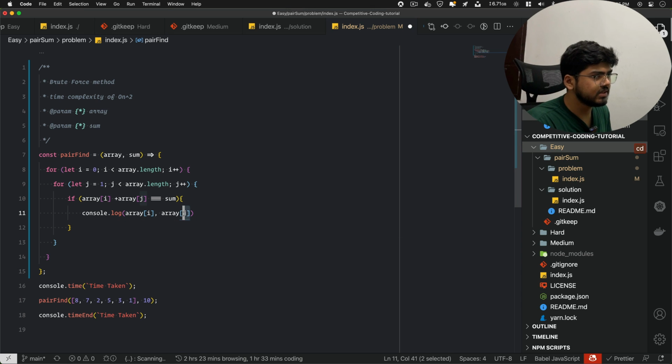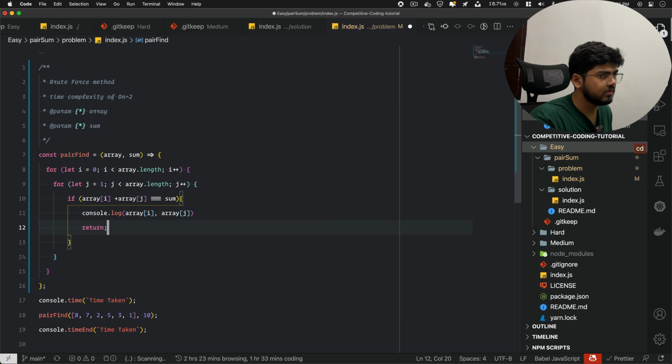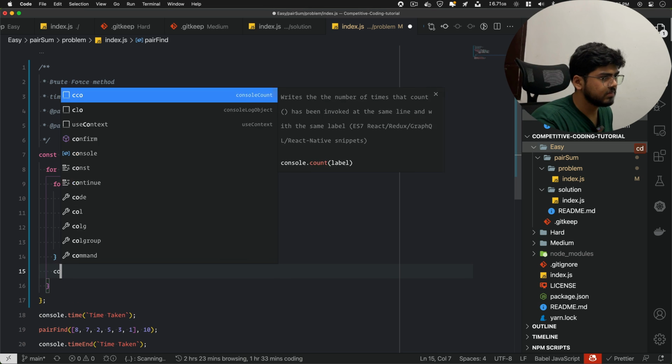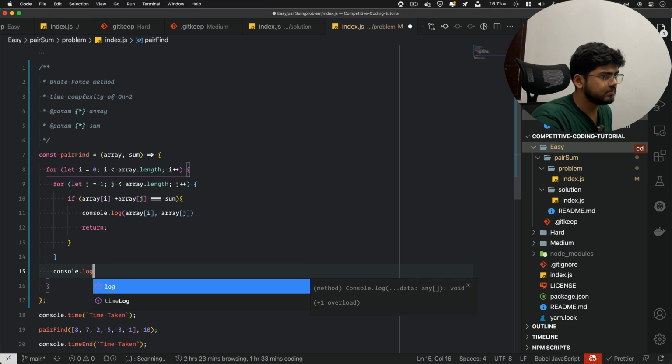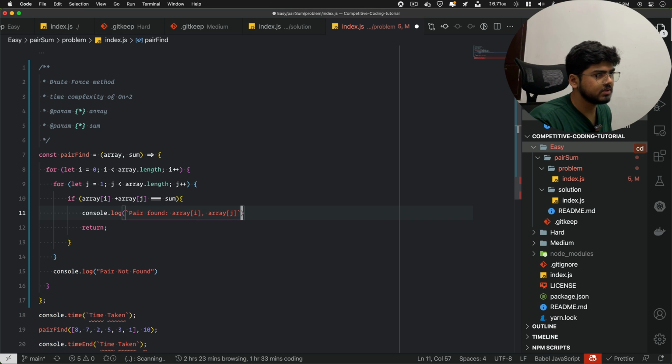And otherwise we'll return, so that it ends the loop here if it found, and otherwise it will return pair not found. Let's make it a little sophisticated: pair found, and this is the pair.